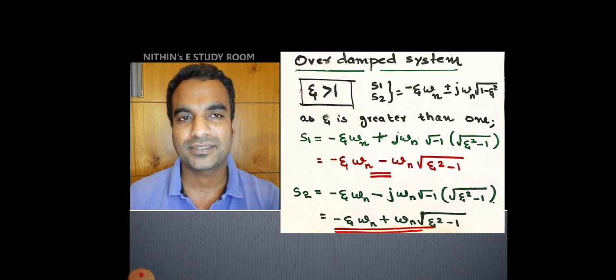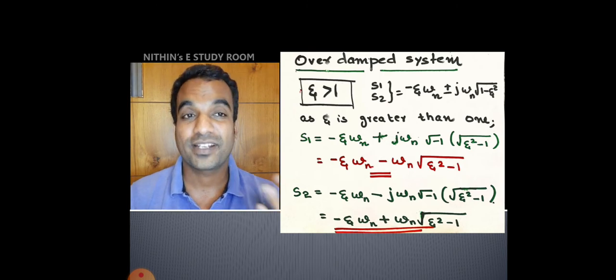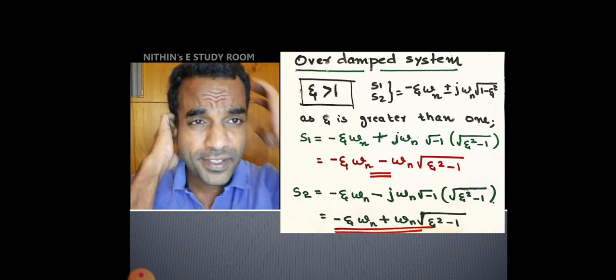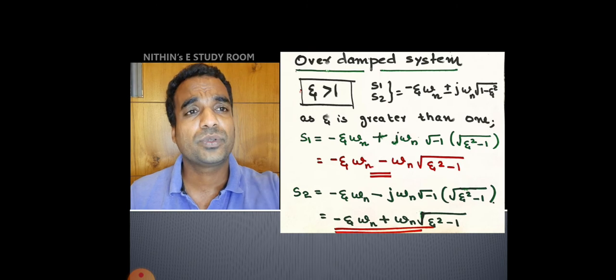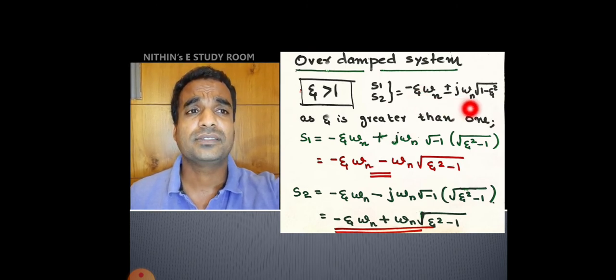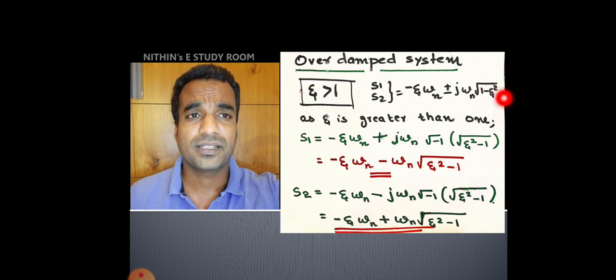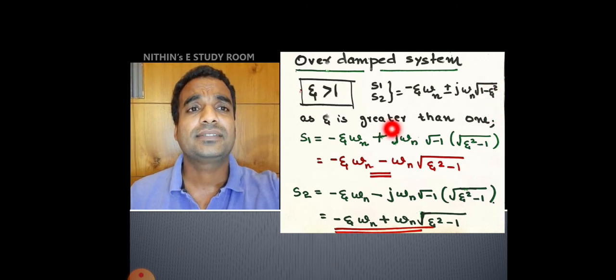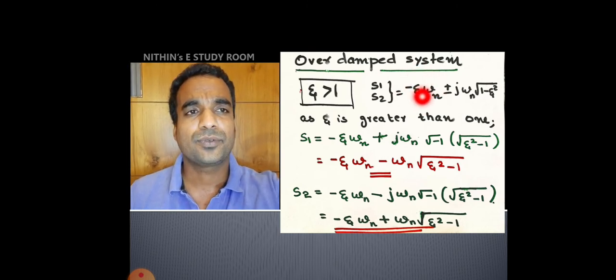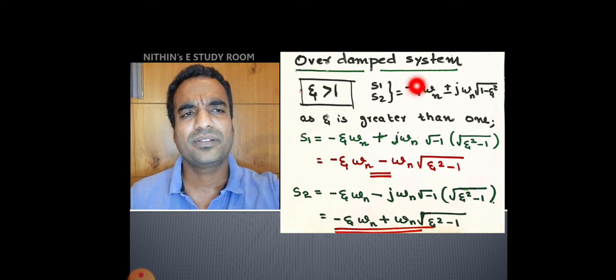Normally we say that person is overreacting, like that. We are providing some high damping. Damping ratio's value is greater than 1. So if you are substituting in the standard equation minus eta omega n plus or minus j omega n into root 1 minus eta square, as eta is greater than 1, the first term will be like this only. It will get some magnitude, and no change will happen.